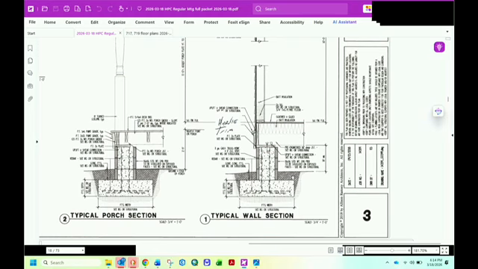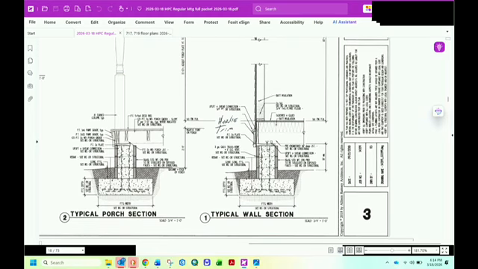Then the next one is a typical wall section, so around the rest of the house. The skirt board here is the taller piece. I think they whited out the size of it, but it's supposed to be hardy. And we have that angled piece, which is a drip cap, for when the rain runs down the wall, it drips off of this drip cap. And again, it doesn't particularly say what the material is or if it has flashing, or maybe that got whited out. I don't know.